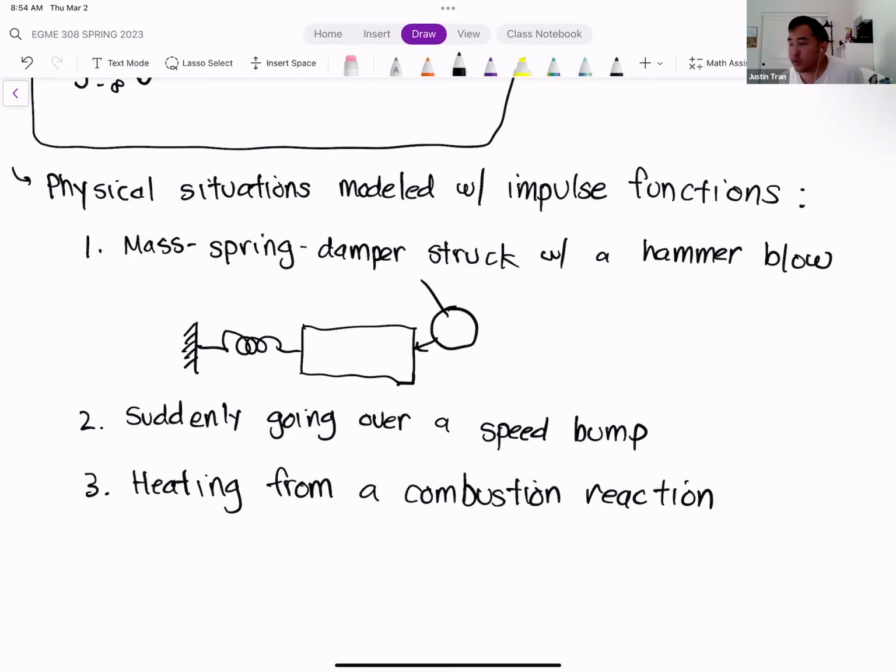We'll do an example later today showing that case. We'll look at the equations of heat transfer, look at the forcing that's due to a combustion reaction, and see how that affects the temperature in a combustion chamber over time.